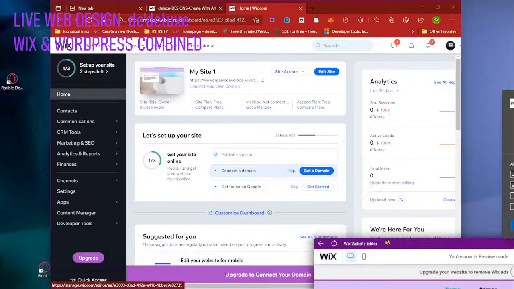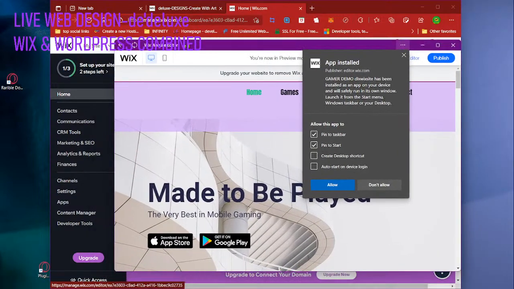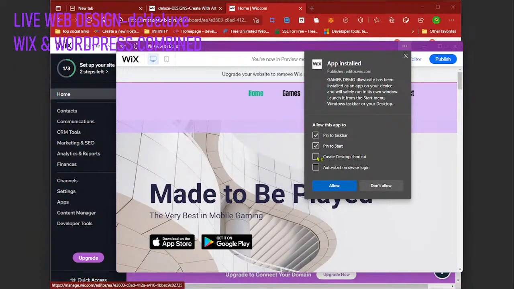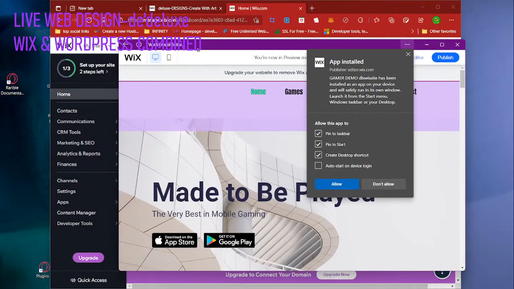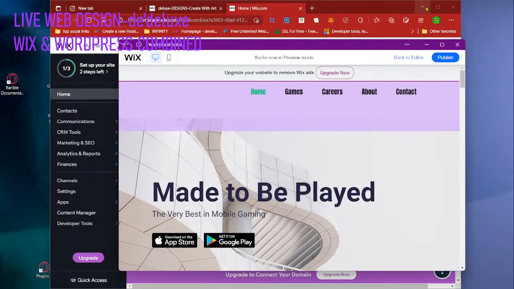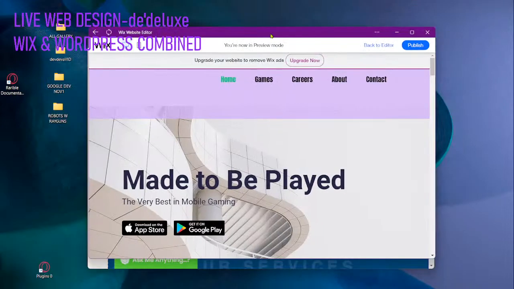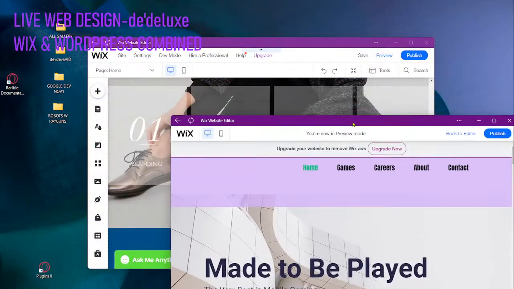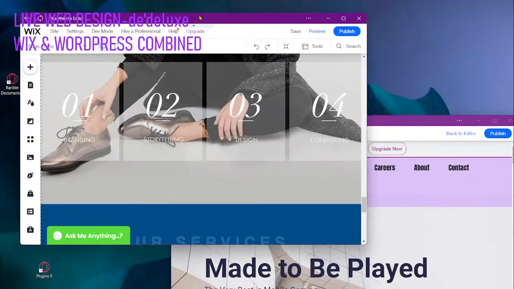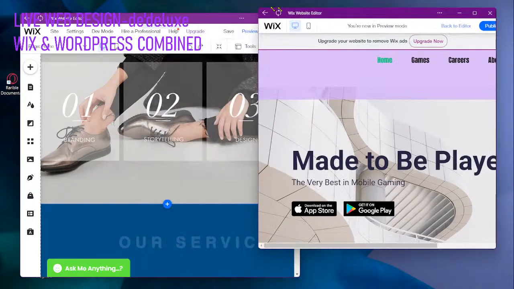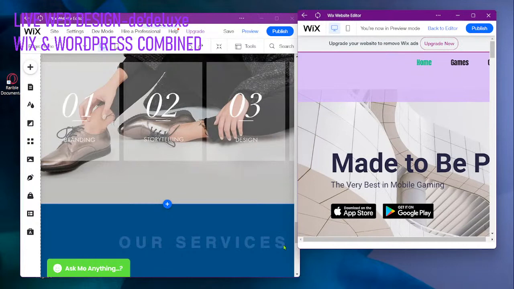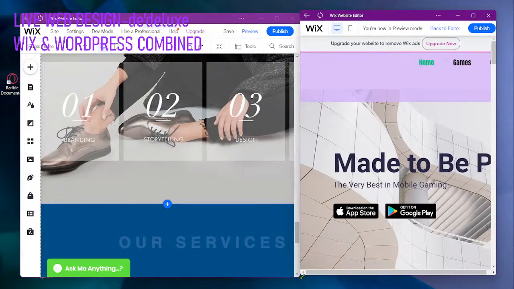So it pops up on my other screen. What it does is, I can create a desktop shortcut so I can open this editor just like that and stay logged in essentially. So I just close out of that and then I can minimize my full Edge browser in the back. And now I just have this editor. So we have now here two websites in the editor. We are editing two full websites live within a separate app, but the same app. They're just two instances